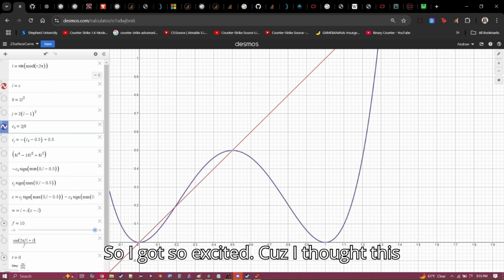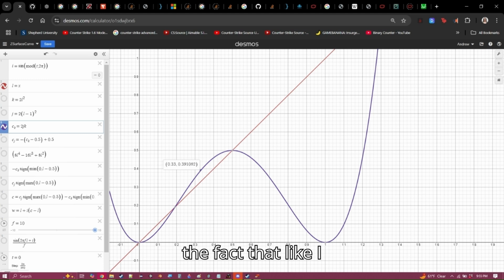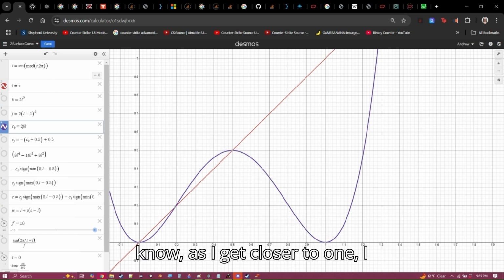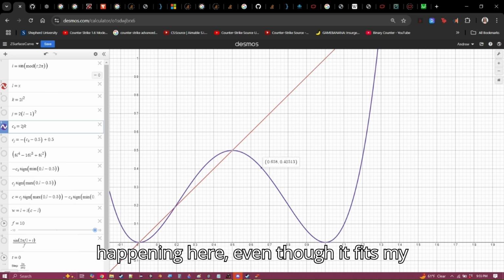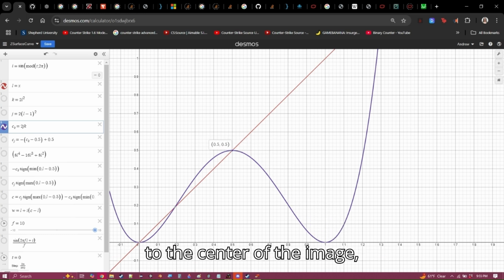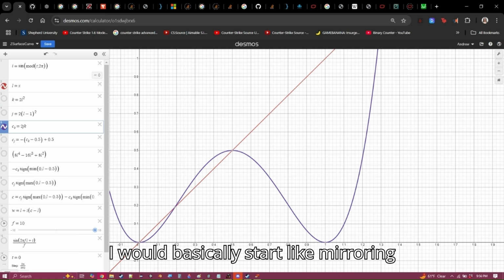I got so excited because I thought this was what I wanted, and I didn't even stop to think. I was too obsessed with, yes, this is what I want to happen: as I get closer to 1, I want to follow this side of the curve, except on the other side. But what's really happening here, even though it fits my intuition visually, is that after I get to the center of the image, as I start getting further and further away from the center, I start basically drawing these pixels over here. I would basically start mirroring